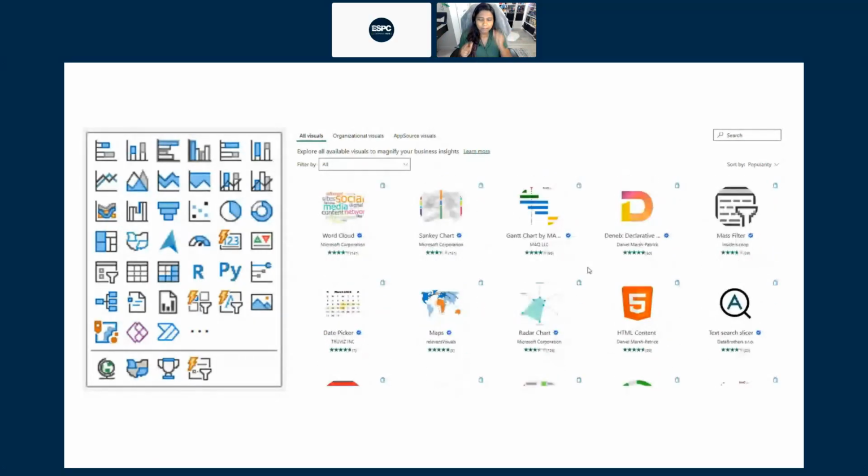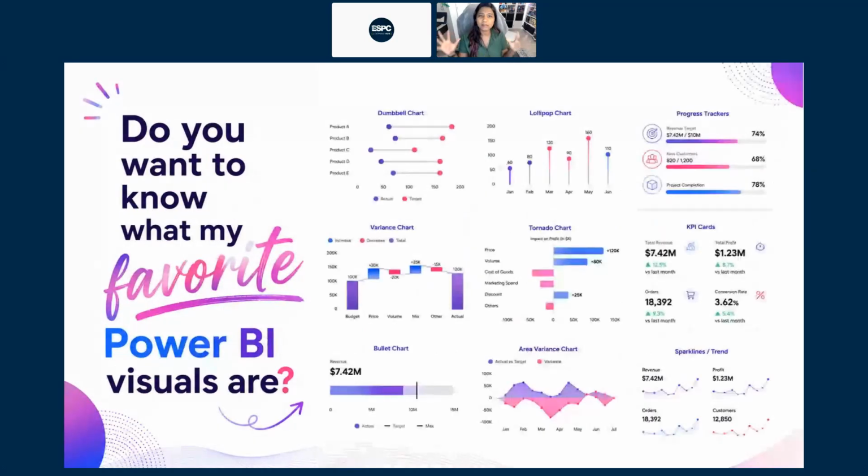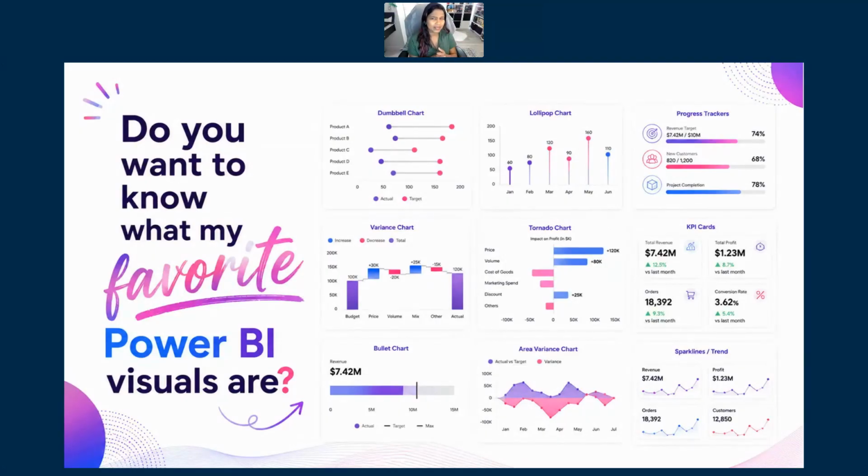But people ask me what my favorite Power BI visuals are, and my answer to them is a dumbbell chart, a progress chart, or a tornado chart. And people are like, no, we've never seen these charts available on Power BI except as custom visuals. And most organizations do not allow you to download custom visuals.